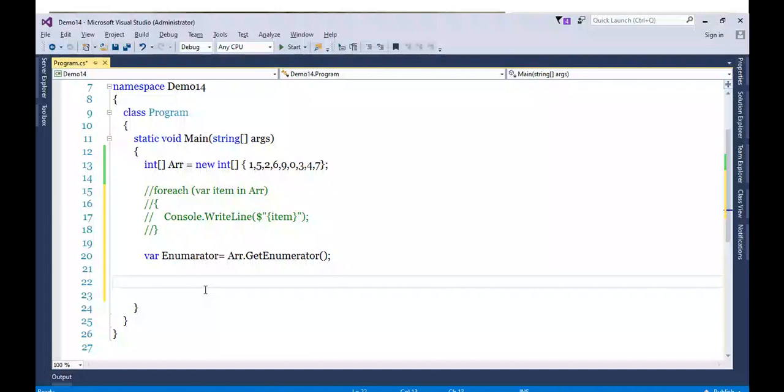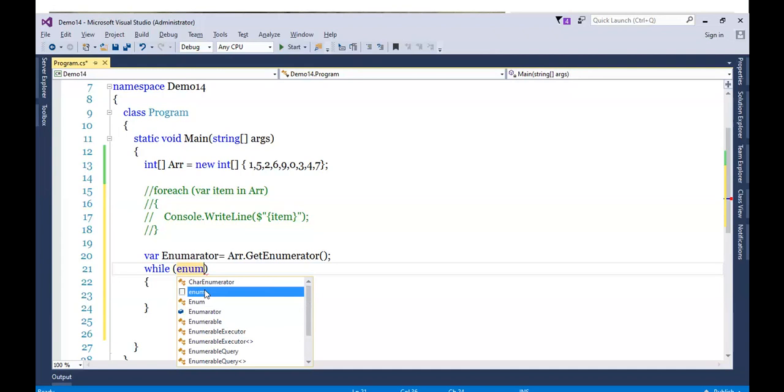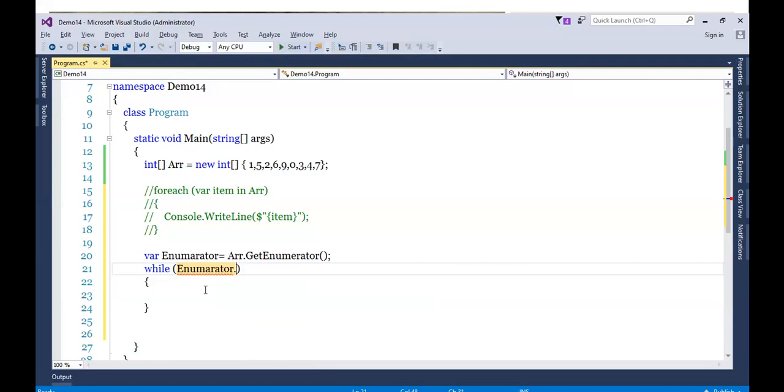Okay, so let's use the loop. So while enumerator.MoveNext(), it is actually going to move the cursor, and now we require that element.